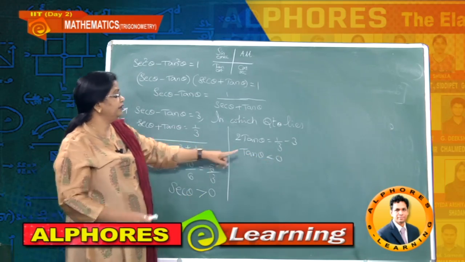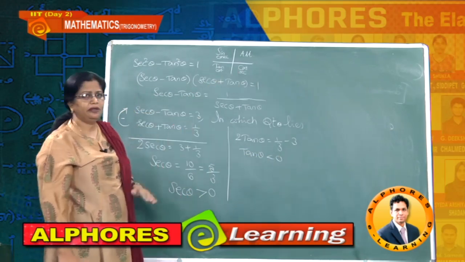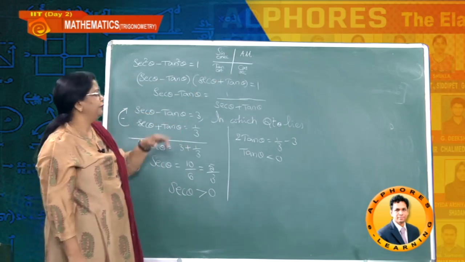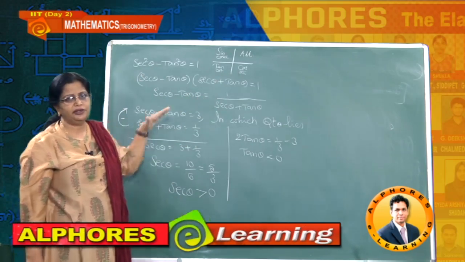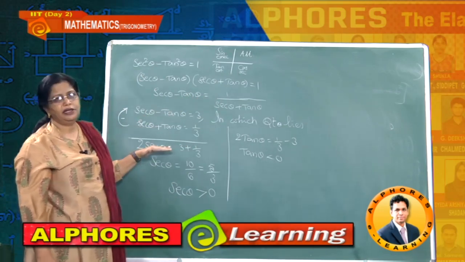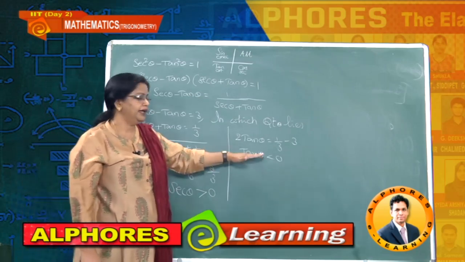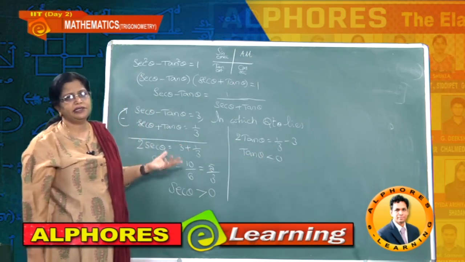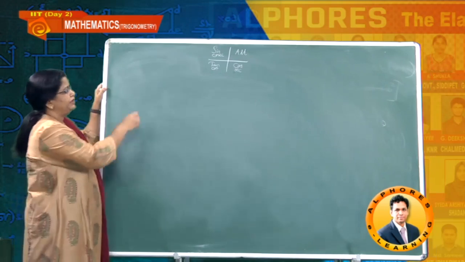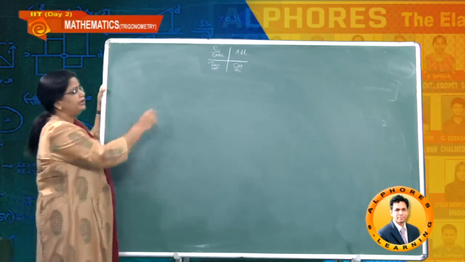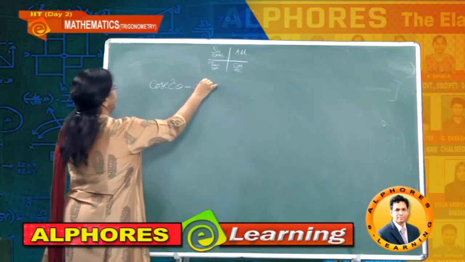That means tan theta is negative and secant theta is positive in the fourth quadrant, right? So you can decide theta lies in the fourth quadrant. Hence here we use this concept, that is why you have solved it directly. One time we added and next we subtracted, thereby you got the result carefully and decided the answer is theta in the fourth quadrant. Okay.